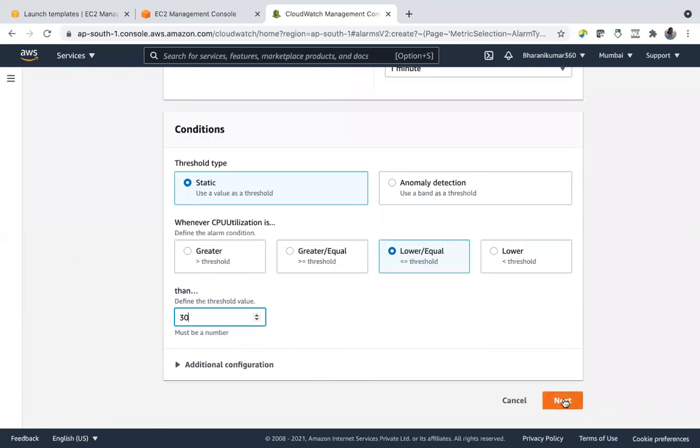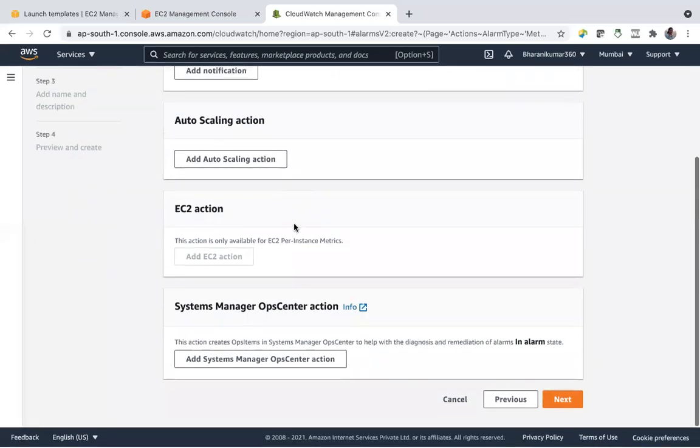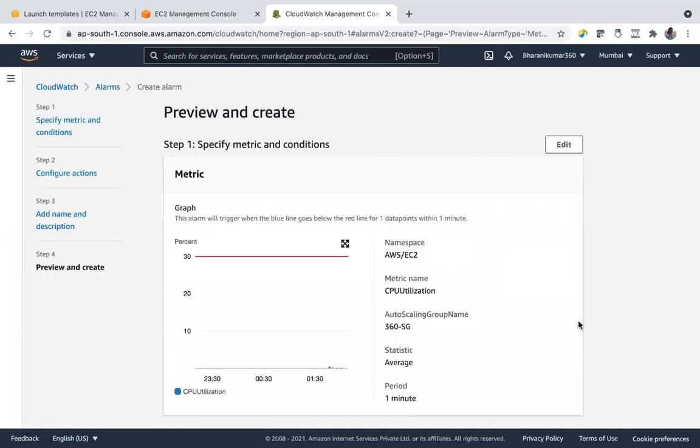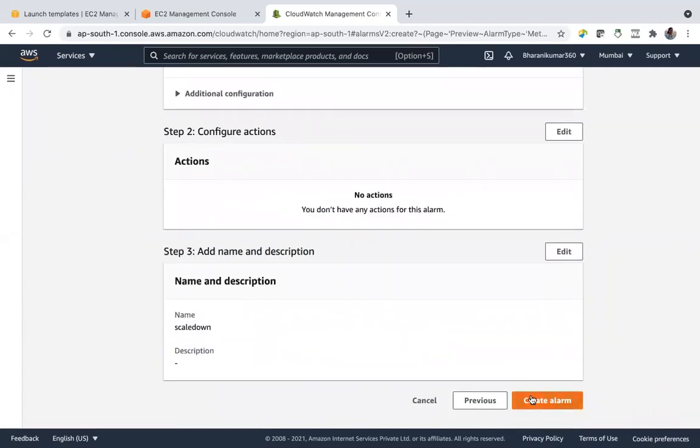So let us call this scale down alarm now. And here we don't want to take any action, so remove, no action, because we are using this for policy, not to take action. So alarm name, scale down alarm. Next, create alarm.